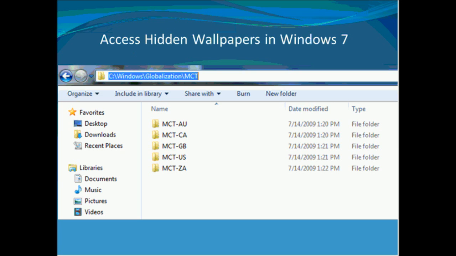These are country based. It's from Australia, from Canada, from Great Britain, from the United States, and from South Africa. These are beautiful pictures, high resolution pictures that are stored. To access these high resolution pictures that are hidden in Windows 7, you have to open up your Windows Explorer, and as soon as you open your Windows Explorer, you have to type